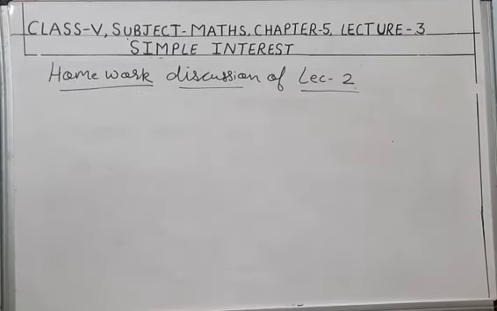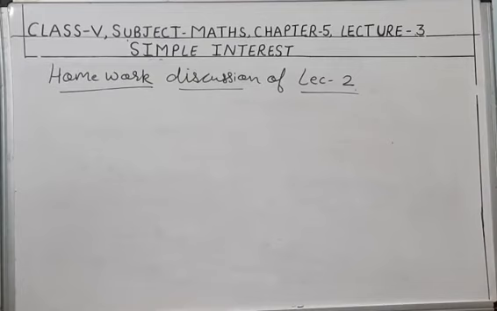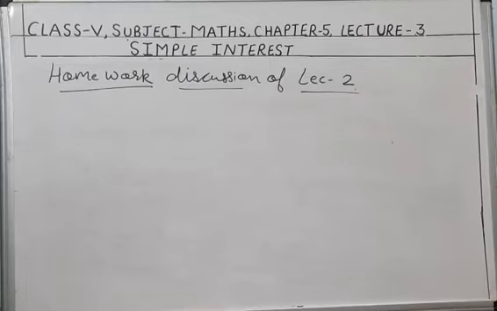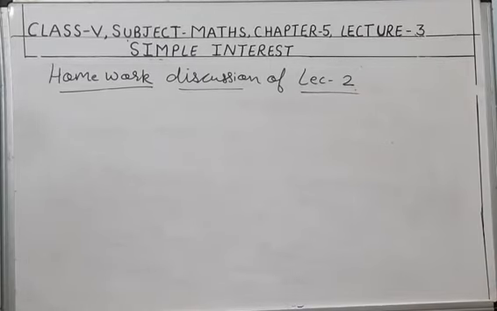Now question number 4 was given. John lent rupees 1,900 to Sam for 45 days at the rate of 10% per annum. Find the amount returned by Sam to clear his debit. जॉन ने उधार लिए सैम से कुछ मनी रुपीज 1,900, 45 डेज के लिए 10% पर एनम पे. अब उसे कितने रुपीज वापस देने पड़े.